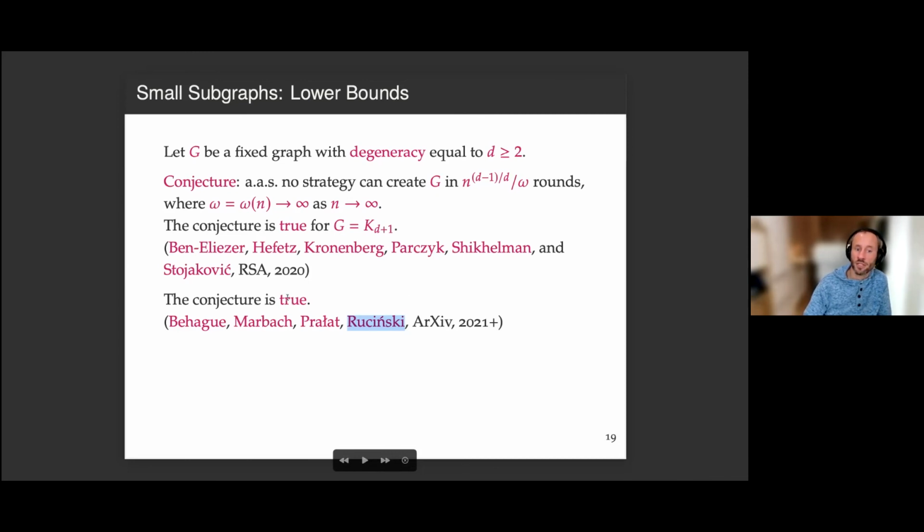We proved that the conjecture is true. And I'm not going to show you the argument. It's a bit technical, but the paper is available on arXiv, so we know the conjecture is true. And then we realized that